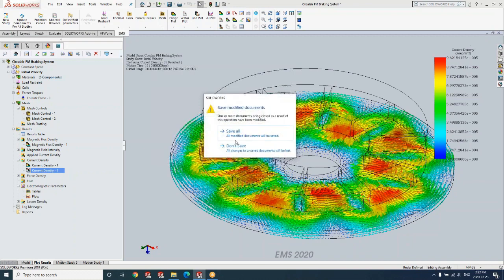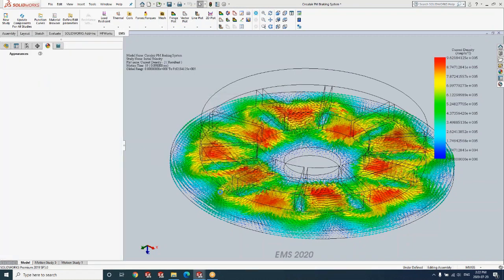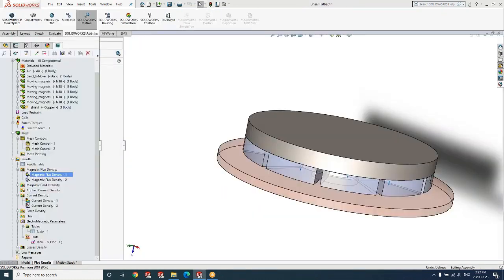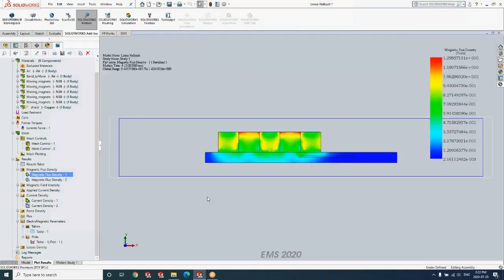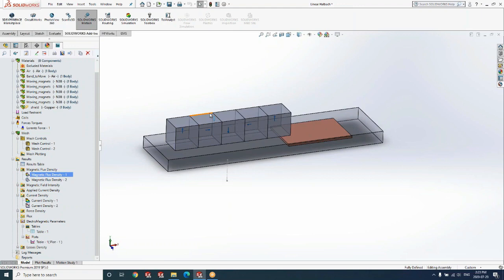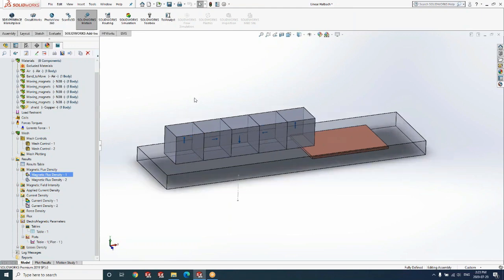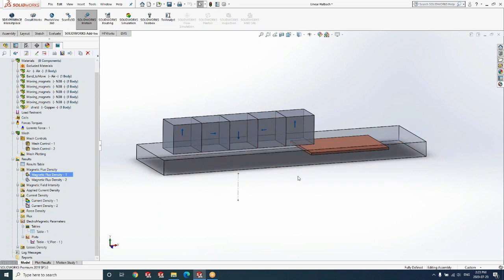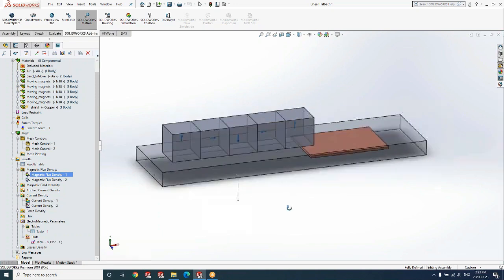So I'm going to close this model, so that we go to a model that comprises a linear eddy current braking system. Here I have a Halbach array made up of 5 permanent magnets, and I also have a conductor material that moves linearly over the Halbach array.